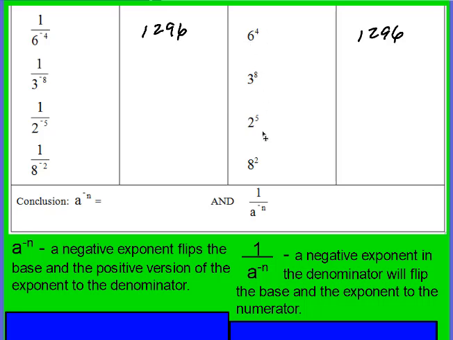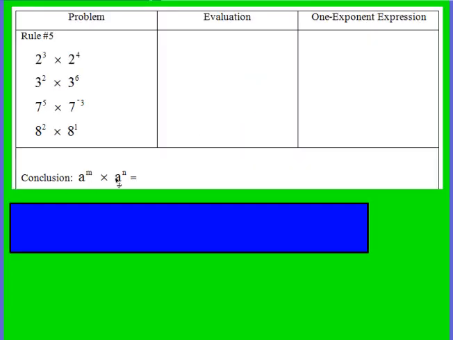Okay, so like I said, this is the toughest exponent property to understand. Okay, so let's move on. Here's our next property. What happens if